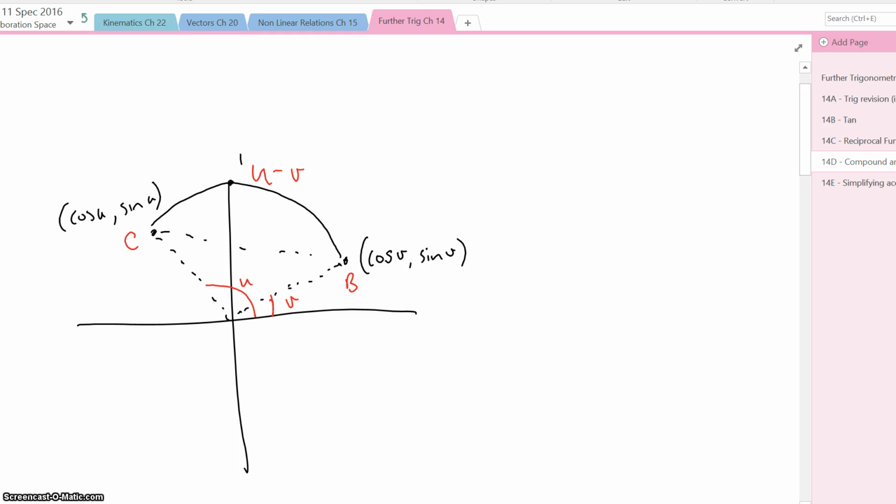G'day and welcome to the first in a series of videos on the compound and double angle formulas. We're looking at trigonometry, again, chapter 14D in this case, and I'm going to spend a bit of time creating